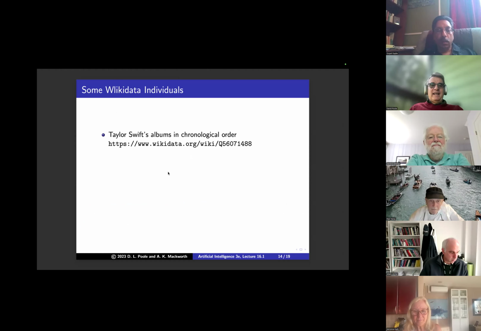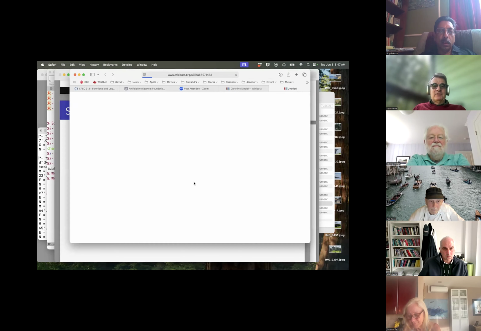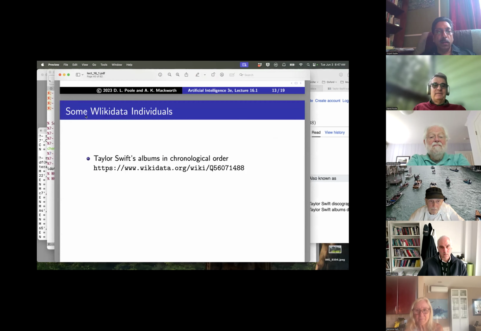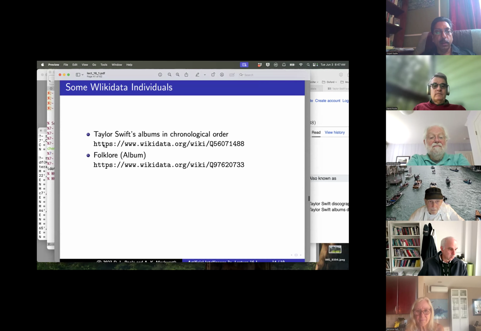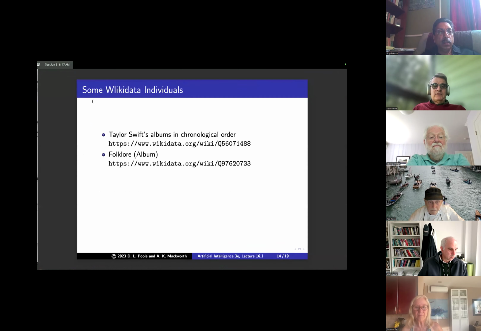We have lots of clickers in here. Wikidata has lots of weird entities. One of the entities is her albums in chronological order. This is Taylor Swift's albums in chronological order, which is an entity in Wikidata. Another one is the folklore album, a particular album of Taylor Swift's.